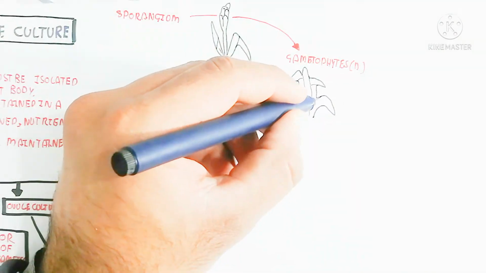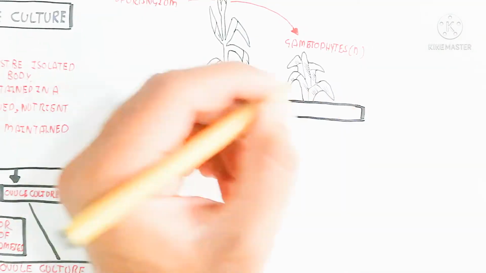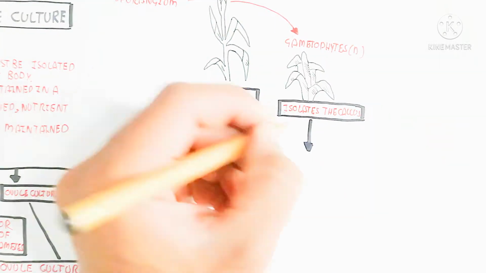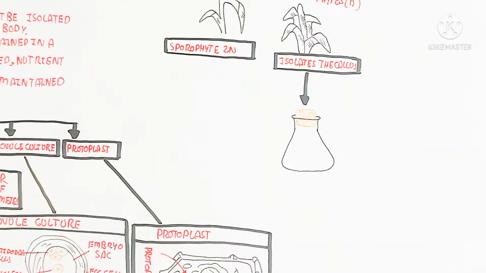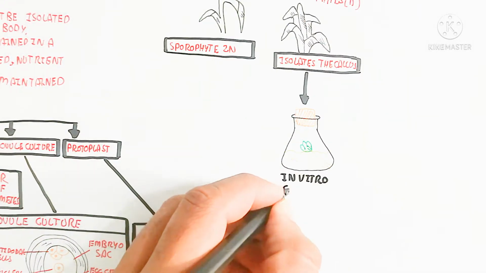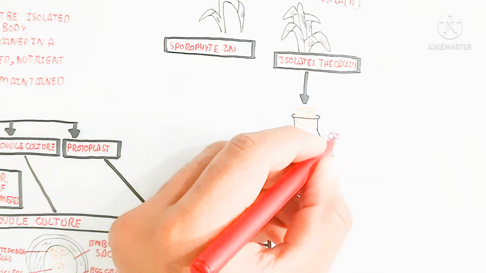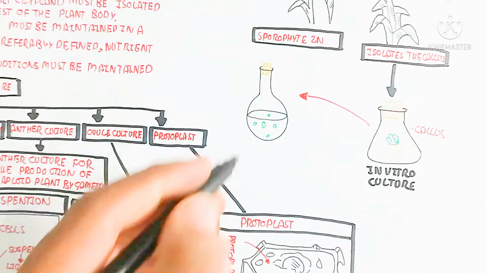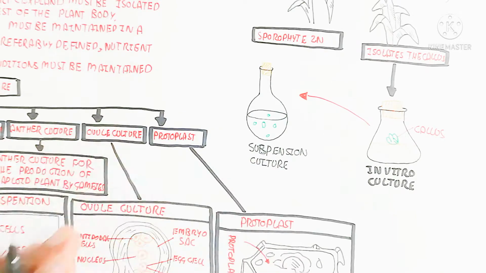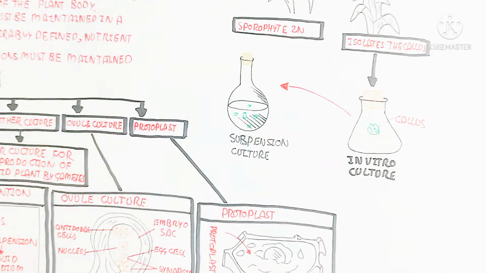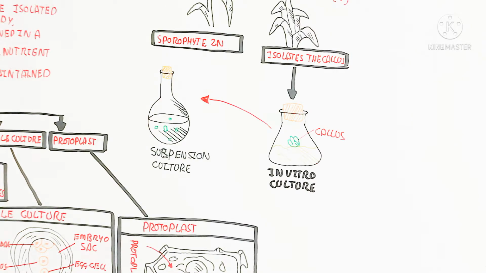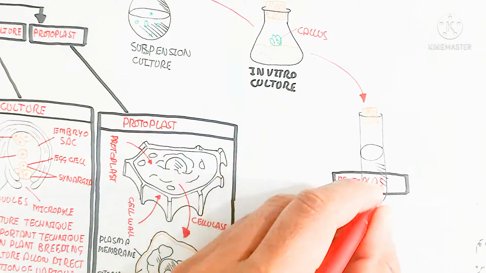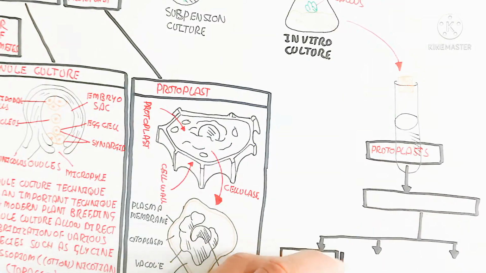But in this case, the important thing is that the protoplast will develop the cell wall again, so we can also identify the gene activation. So let's talk about this: the sporophyte is 2n diploid and will produce the gametophyte from the sporangium through gamete production, and the gametophyte is haploid. So this is the isolation of the callus, and after the isolation of the callus comes in vitro culture. After the in vitro culture, the suspension culture will occur. In suspension culture the medium is liquid and the cells are embedded and suspended in the culture medium. So in this way, here is the protoplast.